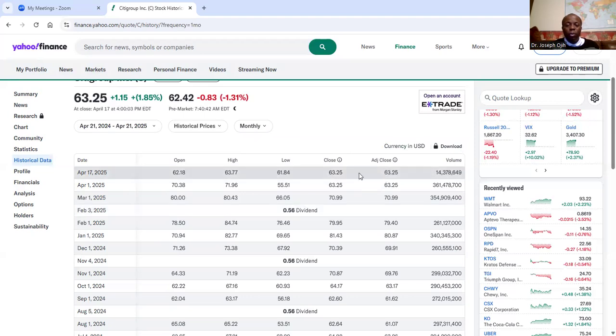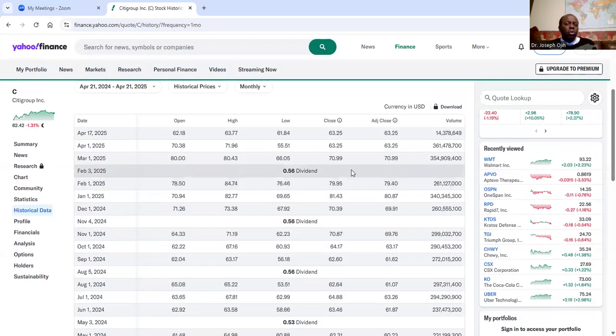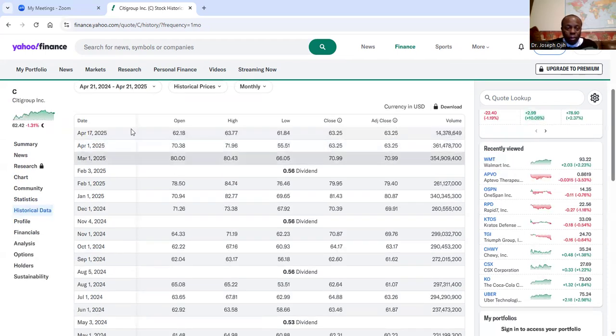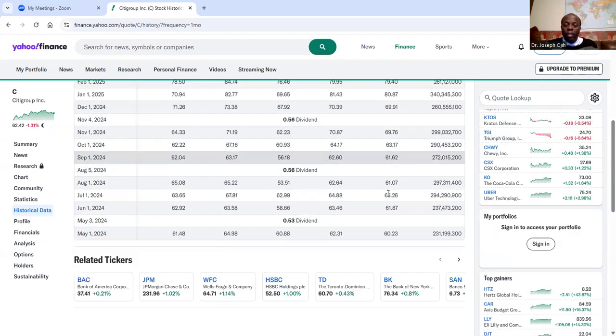Before you can use it, you have to put it in Excel. It used to be free of charge; you could just click on download and it would export the whole thing to Excel. But now I think they locked it. So what you're going to do is either type the year, month and adjusted close manually in Excel,